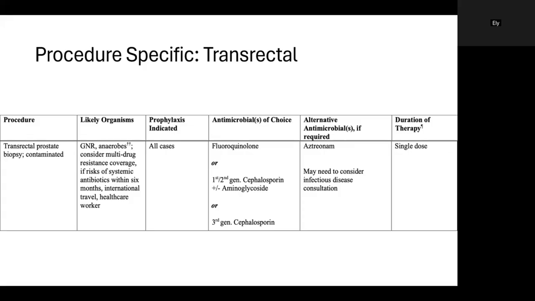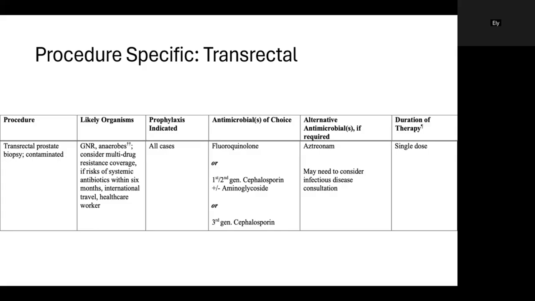So for transrectal ultrasound guided biopsy, antibiotics are actually recommended in all cases. First line are fluoroquinolones or first or second generation cephalosporins and an aminoglycoside, or we can also just give a third generation cephalosporin alone. This is something I didn't go through before, but cephalosporins come in, I believe, 5 generations, and each of them have